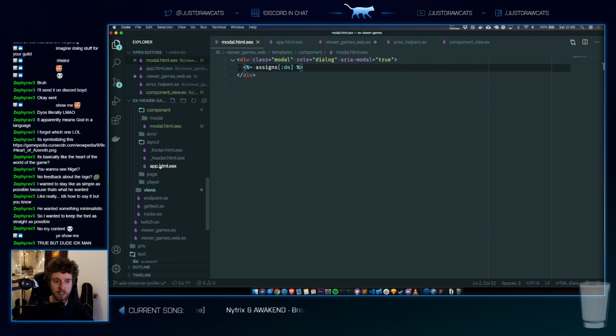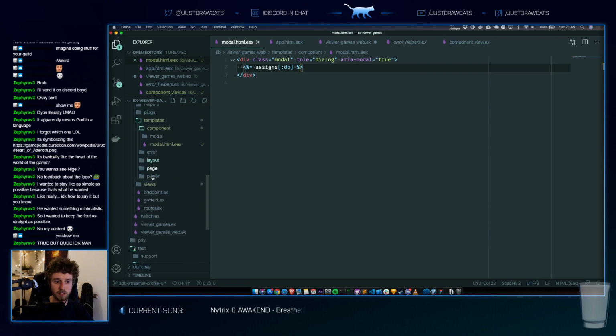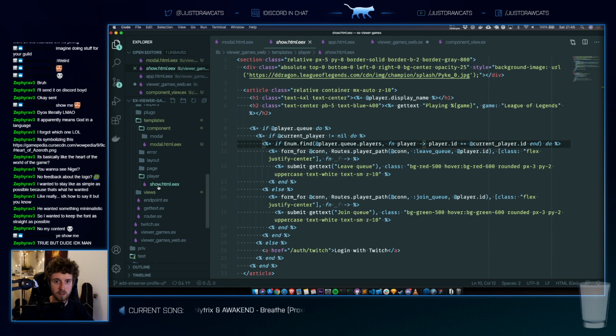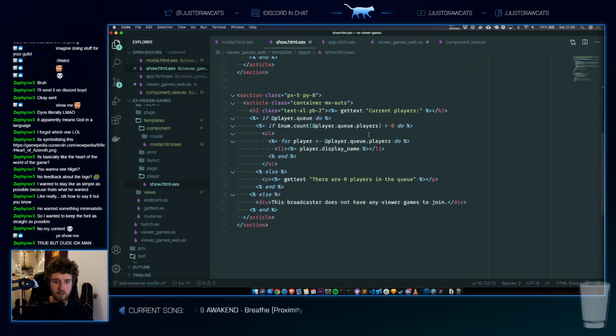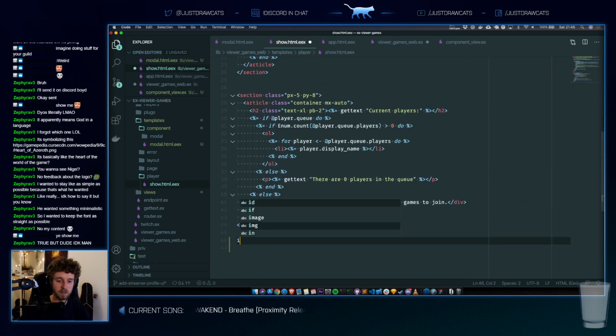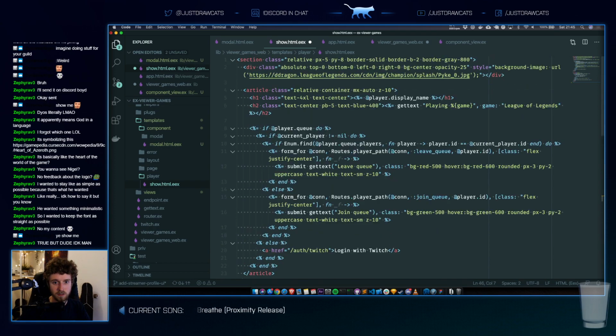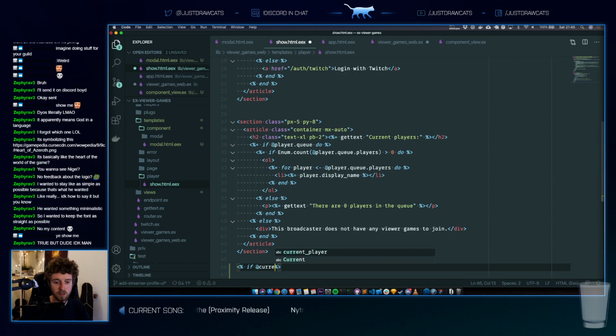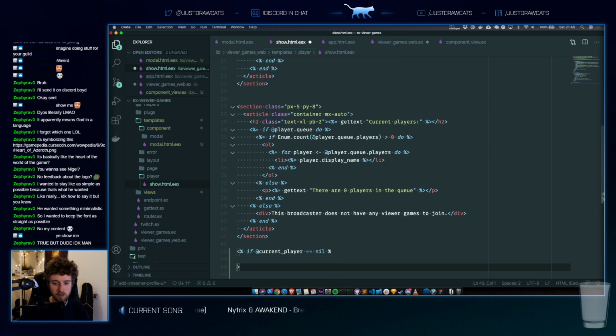Okay, so if the current user, current player, is nil, then I want to render this modal.